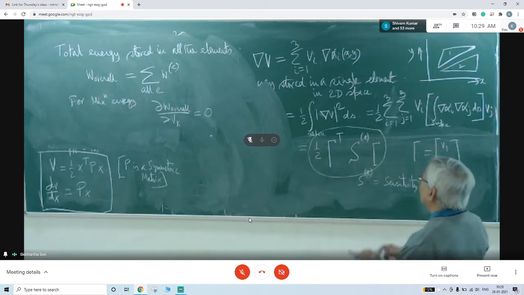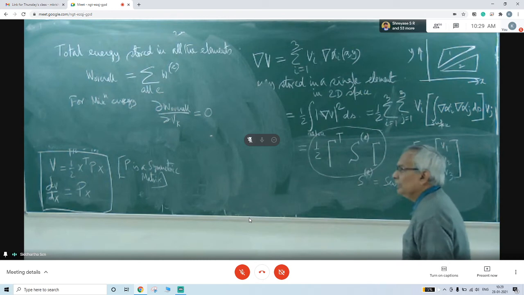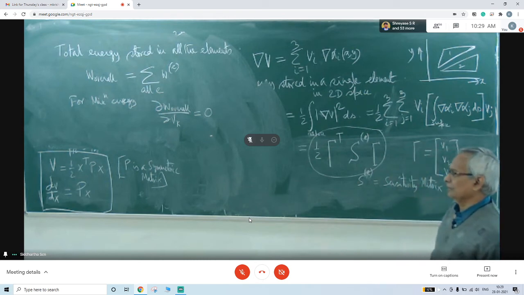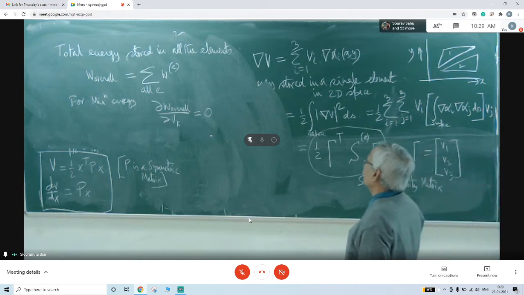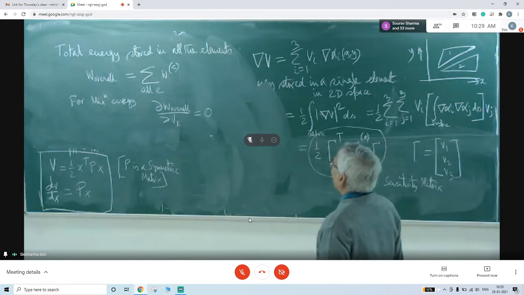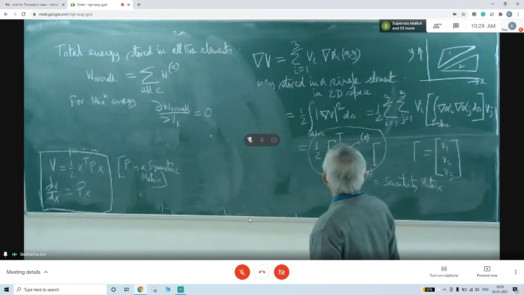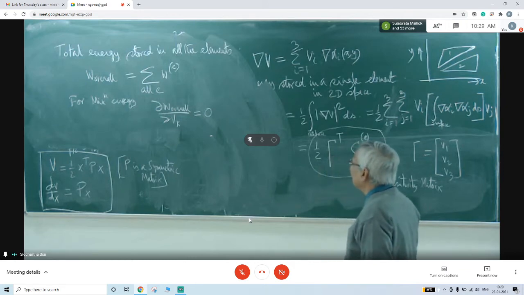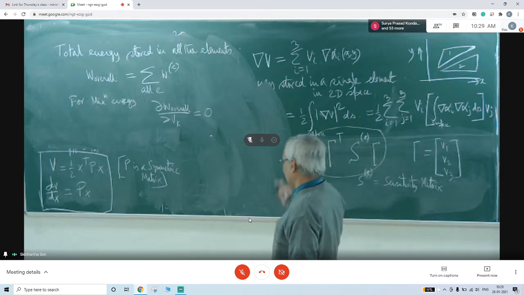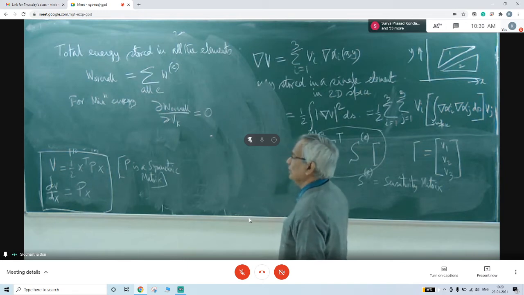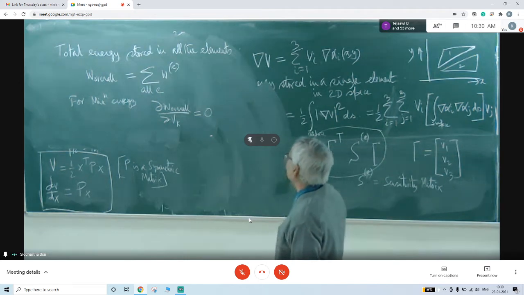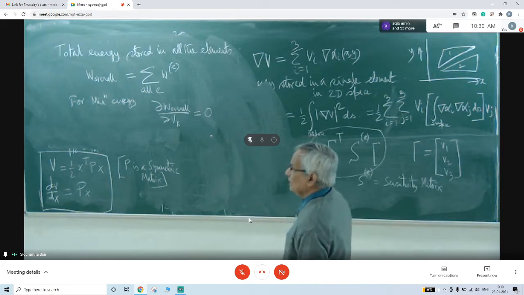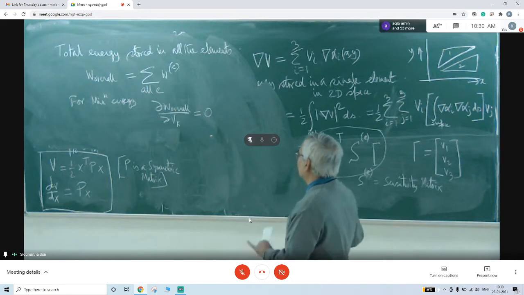And we divide the whole space into a number of similar type of triangular elements and club them all. If we club them all, we get overall of this one for all E, and I say that the potentials at all the vertices of the triangular element, or even inside there at any point of this one triangular element, it will make it such that the derivative of this one, they should be 0 because of the minimum energy principle there. Is it clear? Then we will go for the next step.